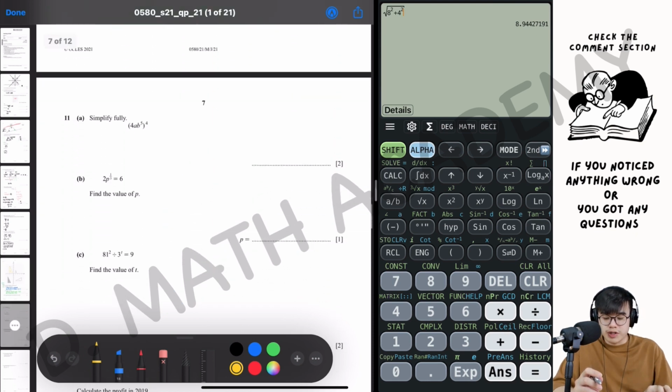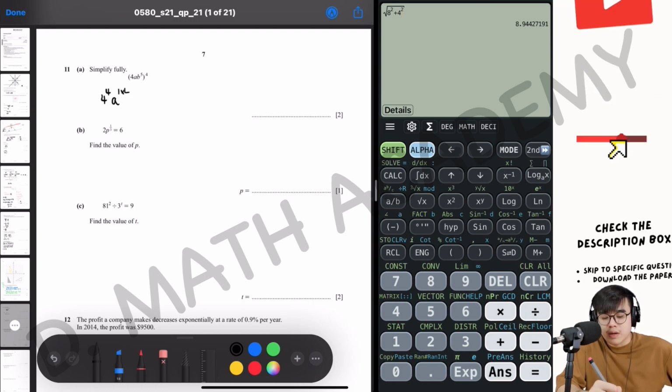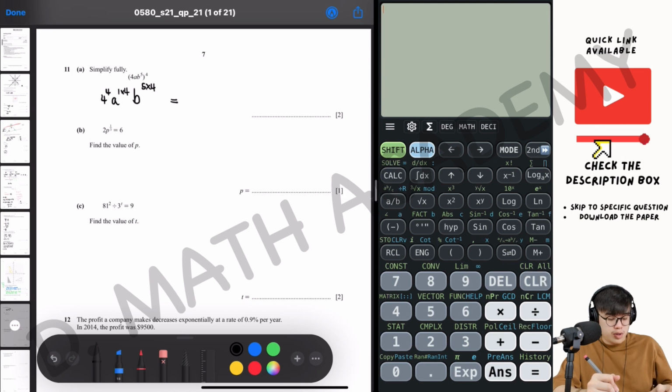Moving on to question 11. So this thing here is your basic algebra. Please remember the 4 will be to the power of 4 as well. As for the a over there, by default there will be a power of 1, okay, that you have to set in. So through this calculation, 4 to the power of 4 would actually result in 256,